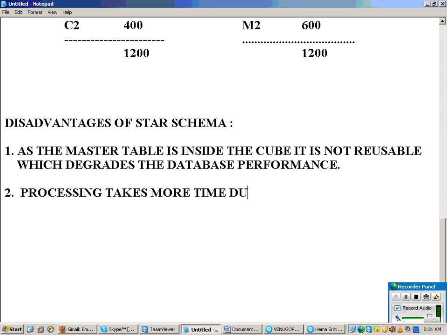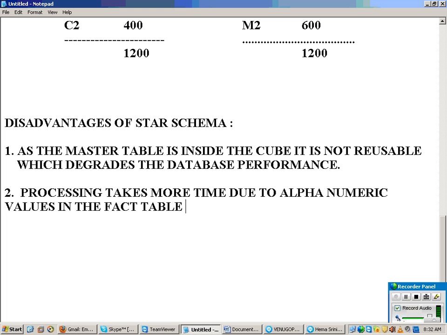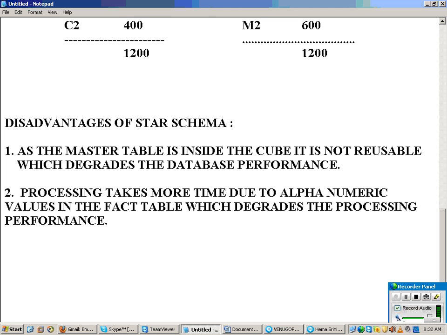So processing takes more time with alphanumeric values in the fact table, which degrades the processing performance. Due to alphanumeric values in the fact table, processing takes more time, which is going to degrade your processing performance. That is another drawback.